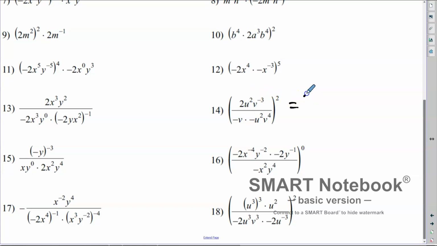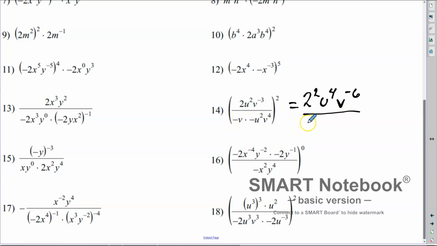So we have 2 squared, okay? Pay attention in this case, okay? You don't add them because it's u squared squared. You're actually going to multiply the exponents, okay? So that's 4. And this is v negative third raised or squared. So that's going to be v to the negative 6, okay, over,